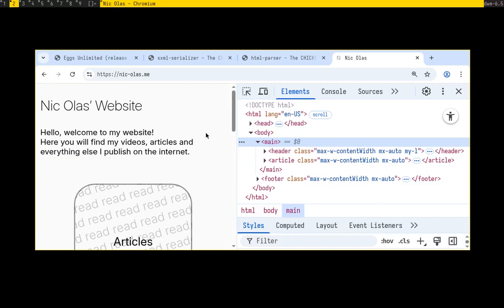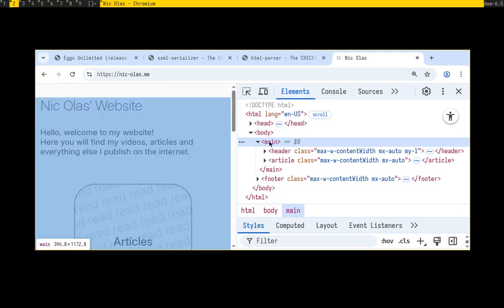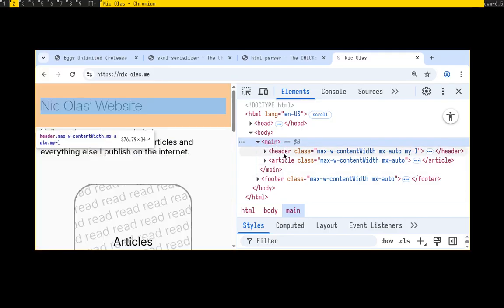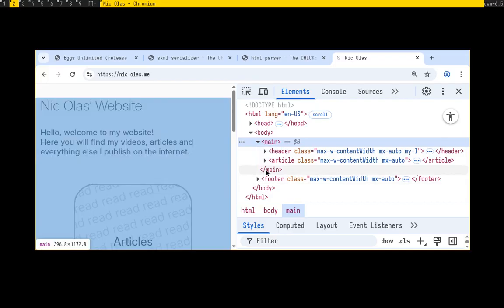If you have ever looked at a website in plain text, you have seen HTML, and you probably know how HTML works. So you have an element, and it starts with an opening bracket, then there's the element name, then a closing bracket, then all the contents inside it, and then the same thing, except that there's a forward slash. But this is a lot to type, and it's very annoying, and so I don't use this,